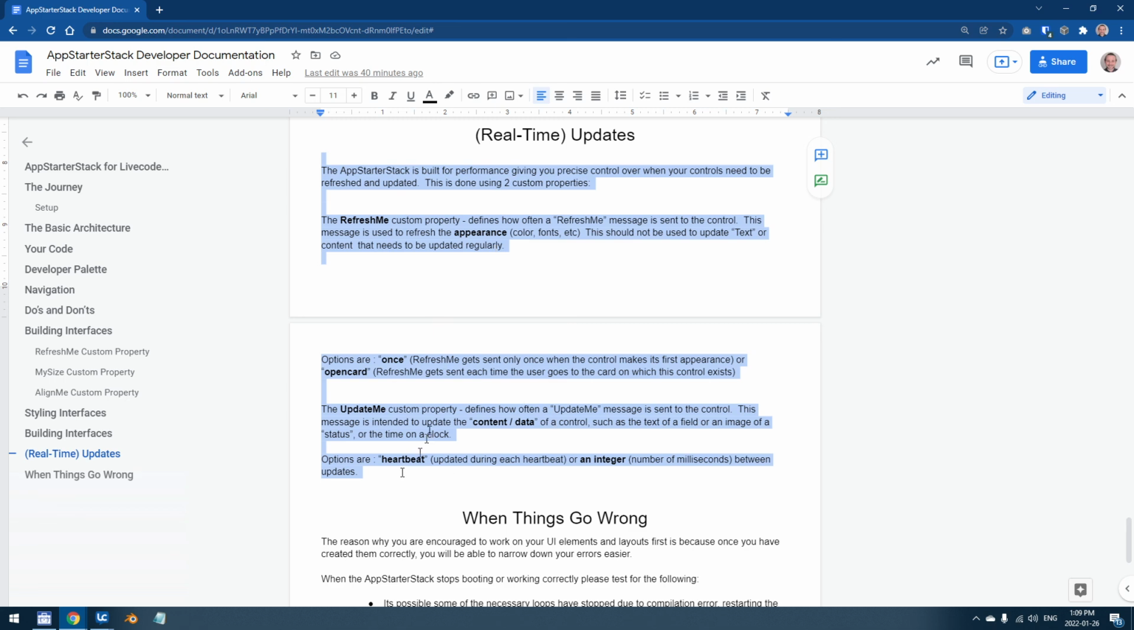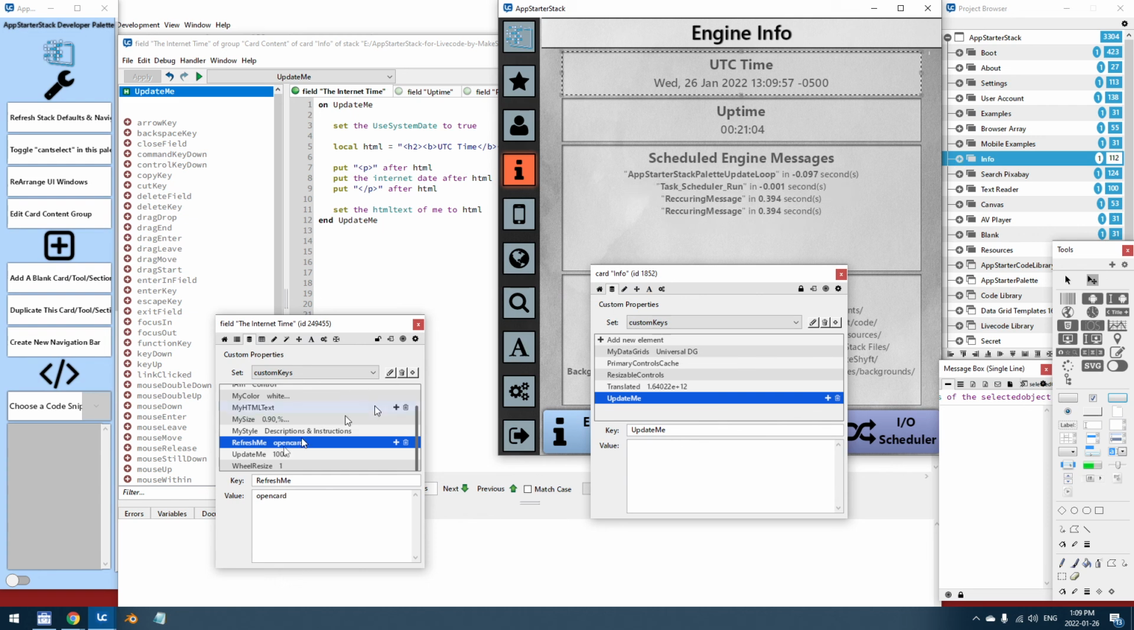So let's talk about the RefreshMe custom property again. And it's the same as the update me property, except it has one difference. The refresh me message is made for refreshing like the appearance of a field or a control. Like the colors or the font, stuff that you don't need to update on every update. You just need to update it whenever the user looks at it for the first time. So that's what the open card setting is for,